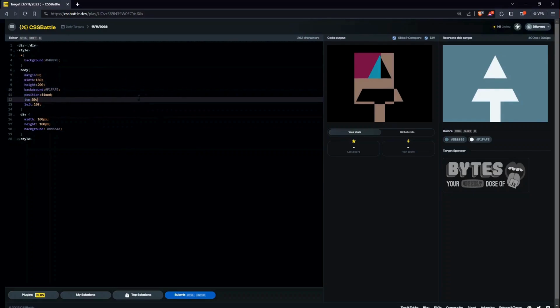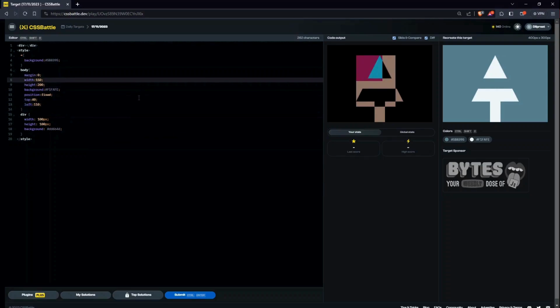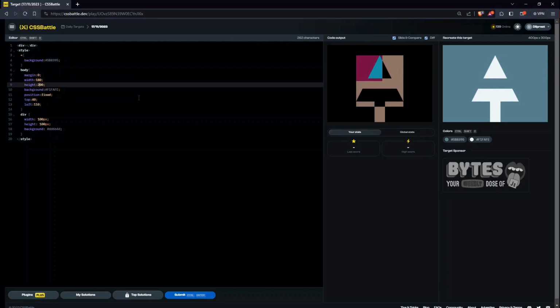Yeah, now we can at least do this 40, and this could be 110. Yep, and let's increase the width, so maybe 70, 80, 180, and we have to increase the length also, 250, 60. Yeah,